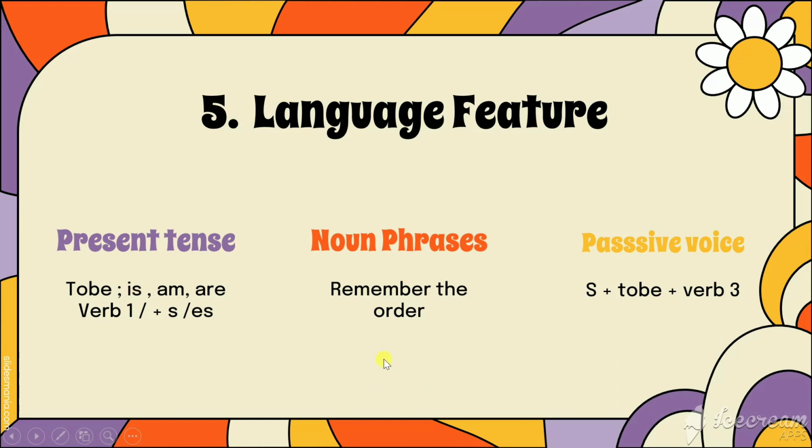And then noun phrases. Remember, in the previous explanation we talked about noun phrases, and you have to put all the words, noun and adjective and noun, combined into good noun phrases. Remember the order. And then the passive voice. Sometimes the writer also uses passive voice in descriptive text